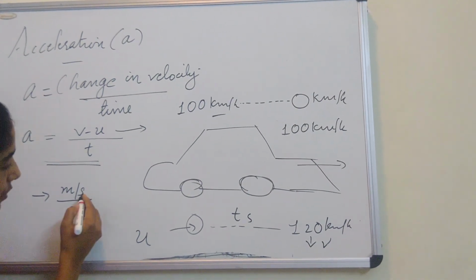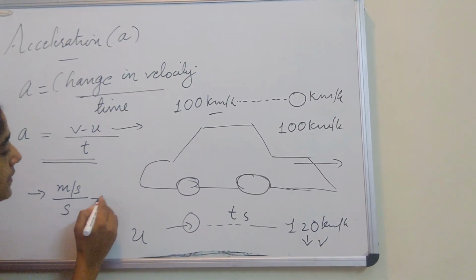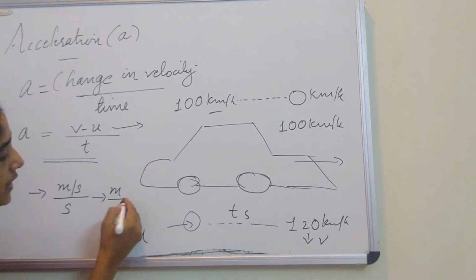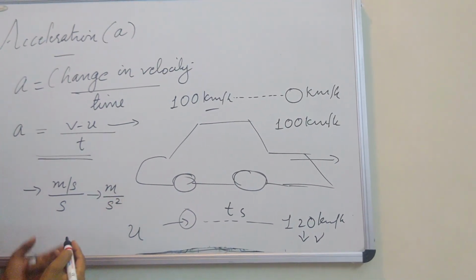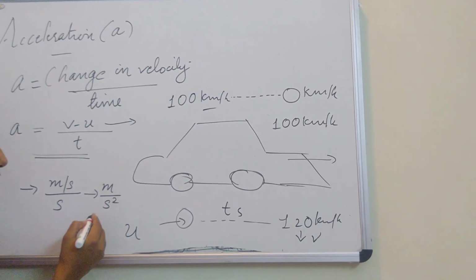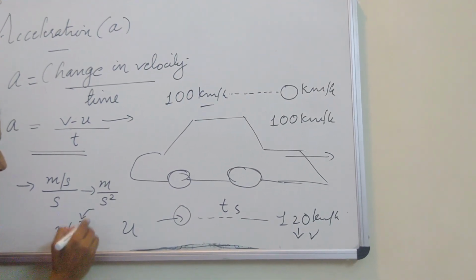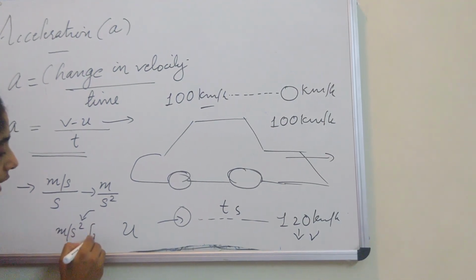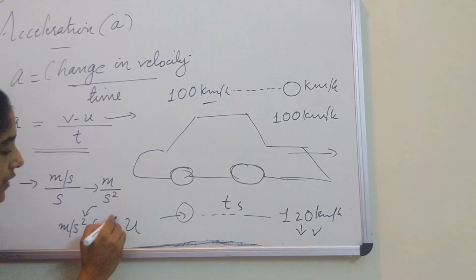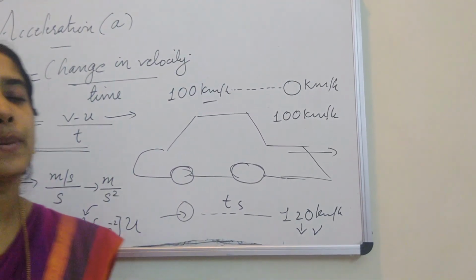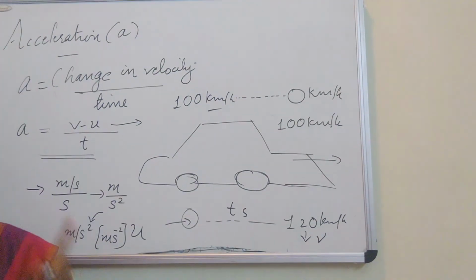So where this second goes, this comes down. So it becomes what? Meter per second square. You can read it as meter by second square, it's okay, but usually we don't read so. We read meter per second square. So what other way can we write it? m s raised to minus 2. This we already discussed in the previous topic, how the power comes minus.